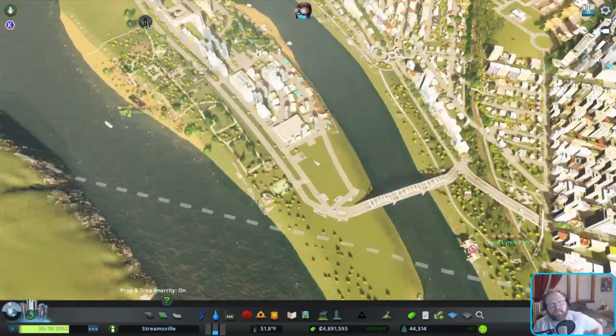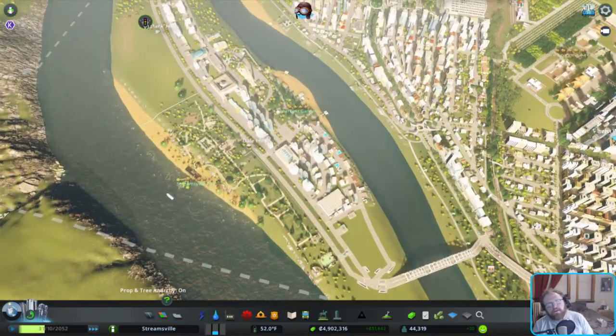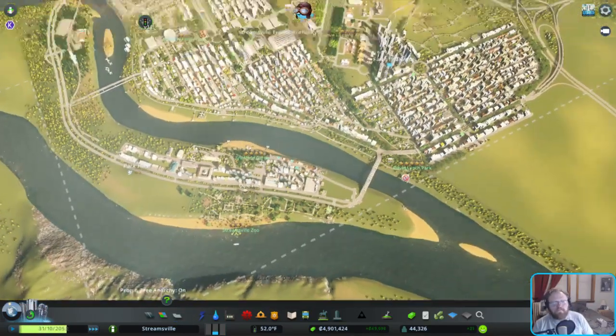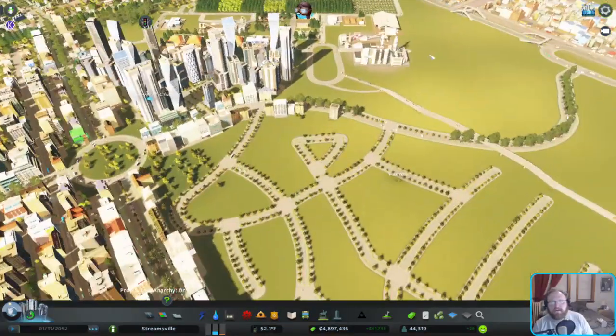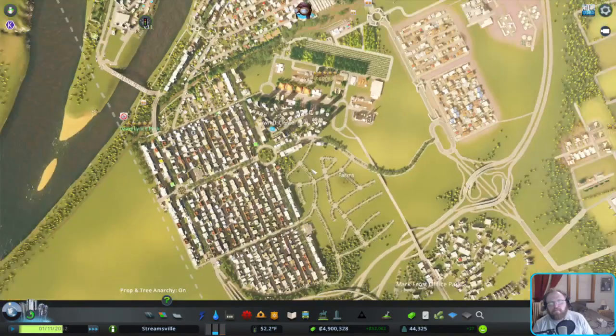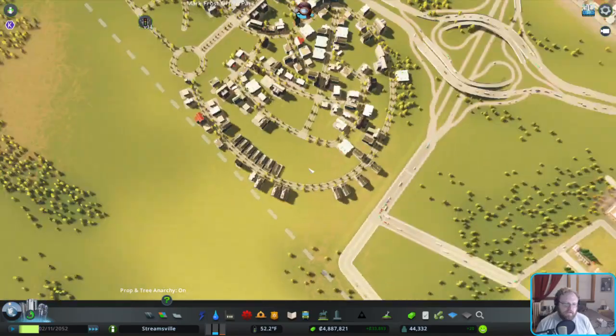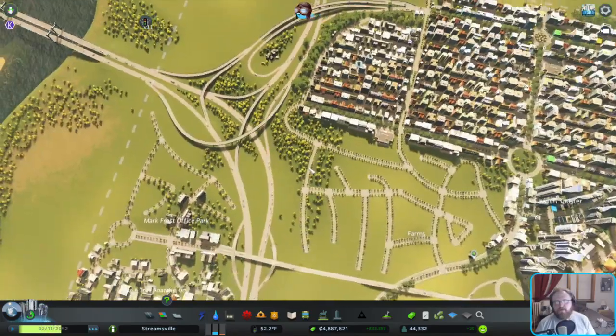But yes to the rest of these. Is this still tourism? Yes, cool. So that'll fill in some low density tourism. This will fill in with some high density commercial. It's already filling in. Fulfilling that demand. We're going to get another demand for